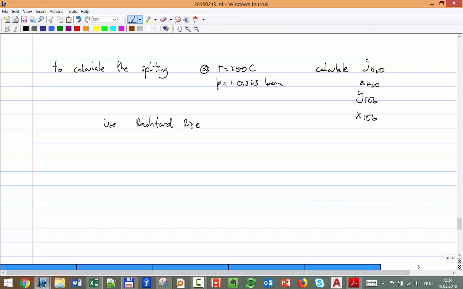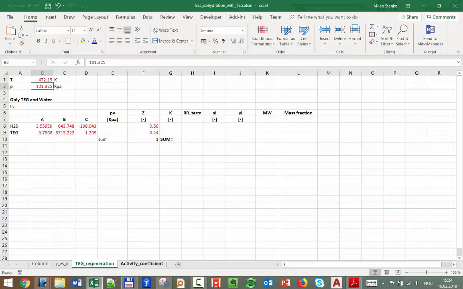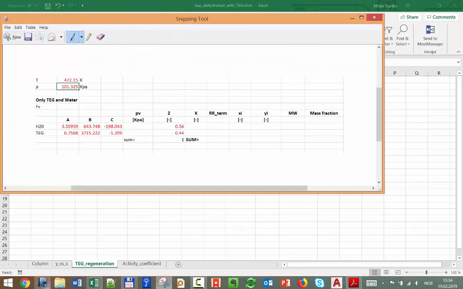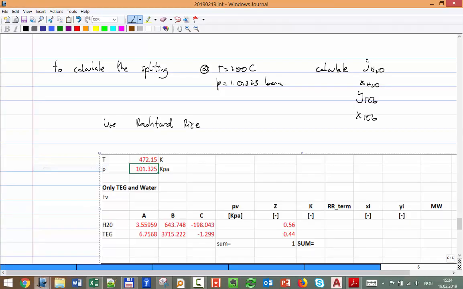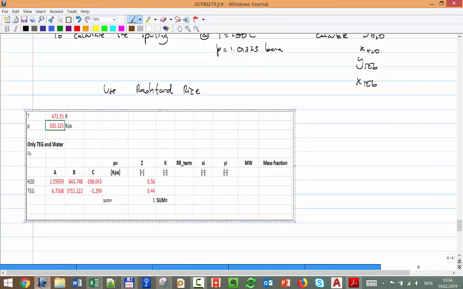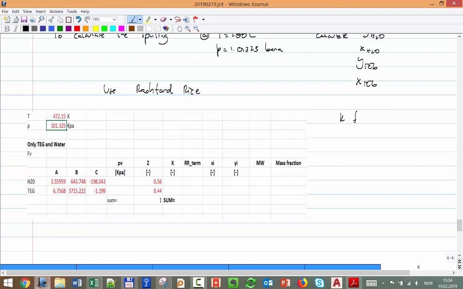Let's copy that exercise here. That's the regeneration part. We need the K values, which are a function of pressure and temperature. We can use an approximation that we didn't discuss at that time in separation because it sometimes doesn't work very well for hydrocarbons. But we can say using Raoult's law,